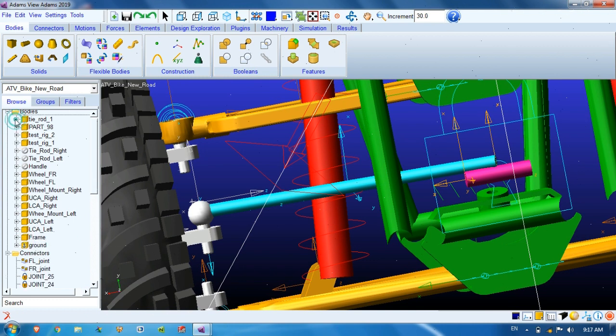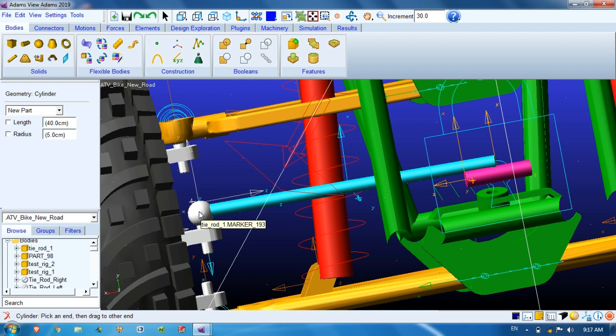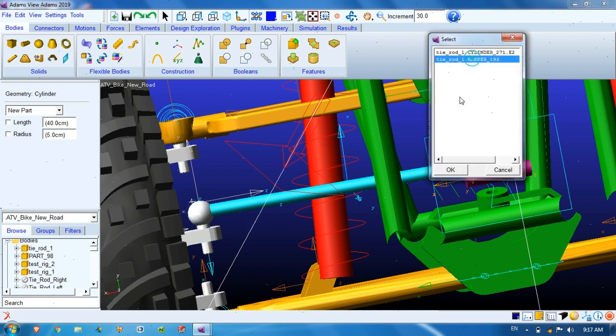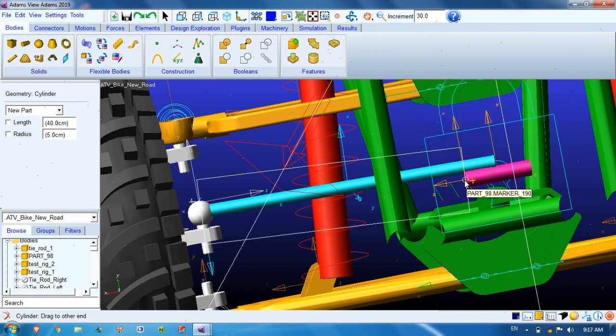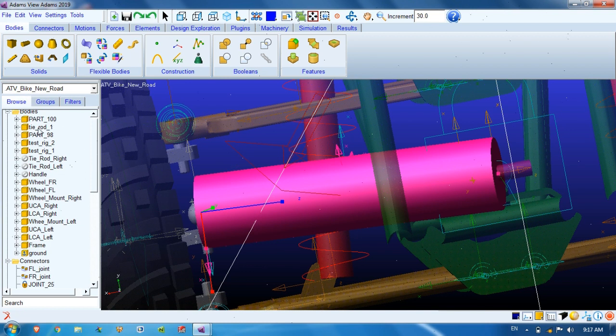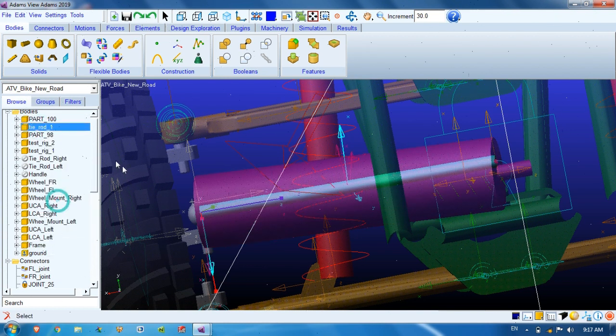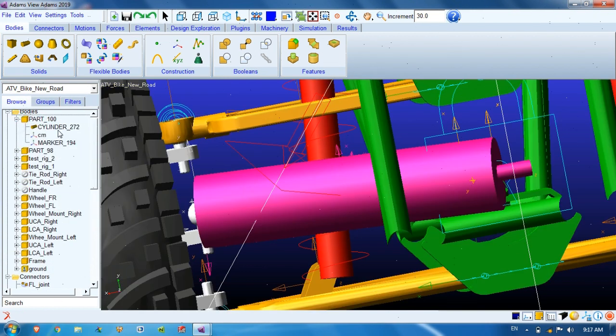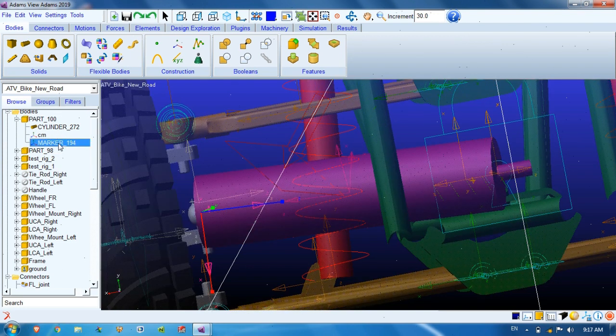So what we'll do, we'll create one more part, tie rod, choose this marker and second location as this marker, and delete this one. This is one good practice for creating the part.